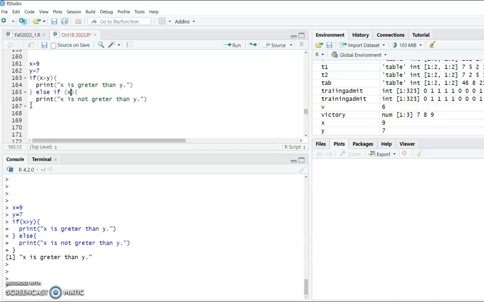If x equals y, print x and y are equal. But still we are not done. We go for the last part: if x is not greater than y and x is not equal to y, what happens in that situation? It is the else condition. So else